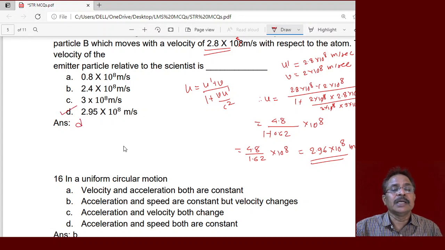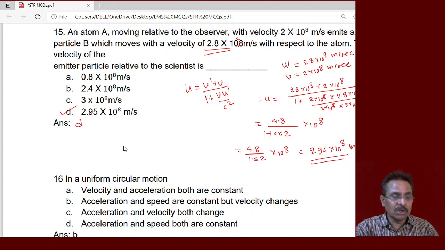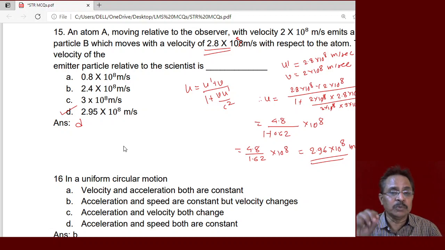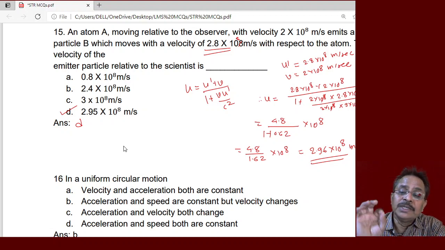So D is the correct answer, that the relative velocity of particle B which is emitted by atom A which is in motion, from the scientist who is at rest, is found to be 2.96 into 10 raised to 8, which is smaller than the velocity of light. So this is not crossing the velocity of light, the limit which is put forth by the second postulate of relativity. So this is a logical answer of this question number 15,